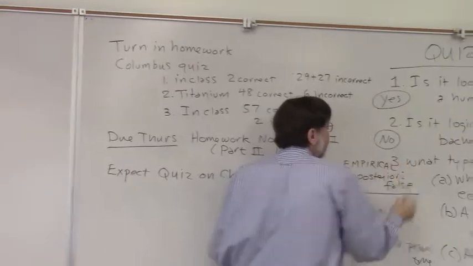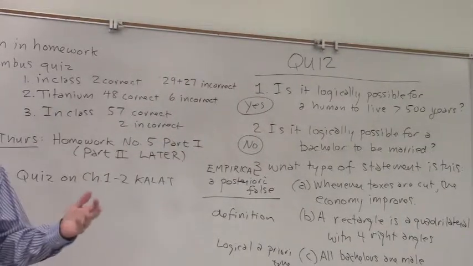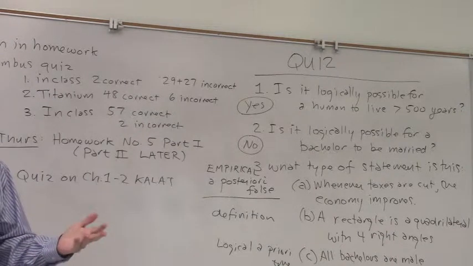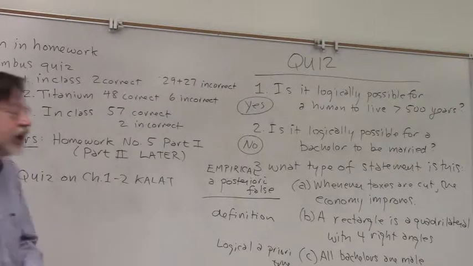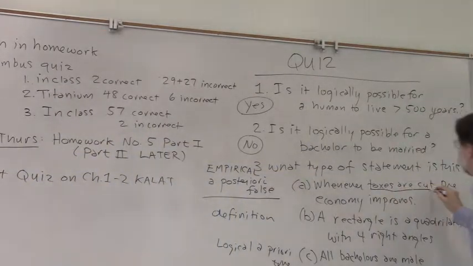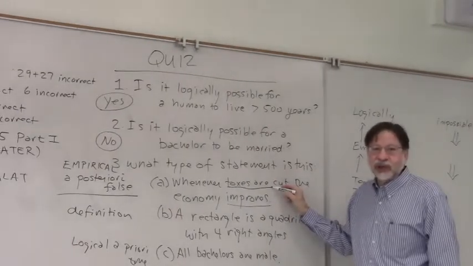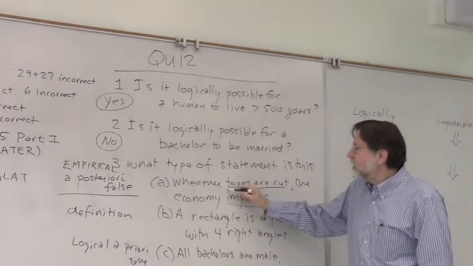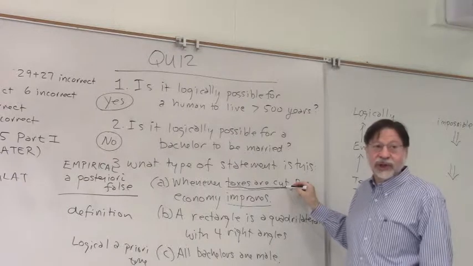A posteriori means after. So it's a statement about the world, collecting data, right? You observe that people cut taxes, and you find out by observing that they cut taxes, and then you measure the economy. You need to define what you mean by the economy here. I guess we need to define what's meant by taxes. This is nearly tax season right now. What's happening in the news right now? We always have a lot of things going on in the world, but taxes are coming up, due in April.